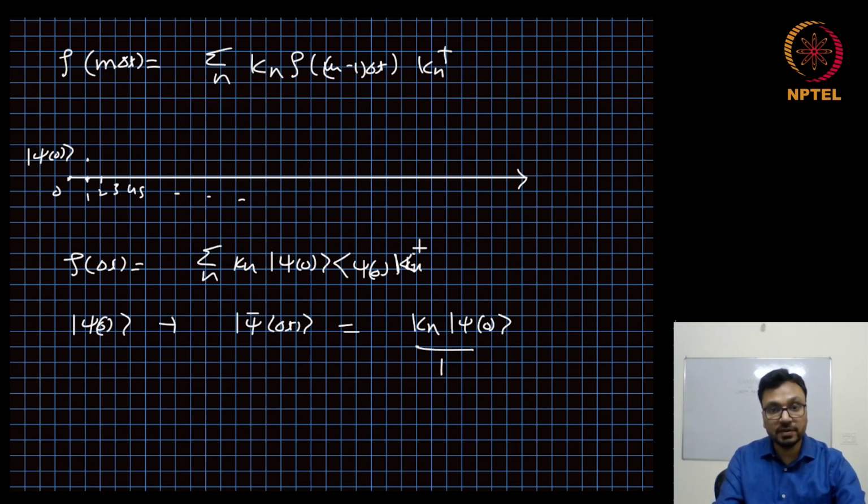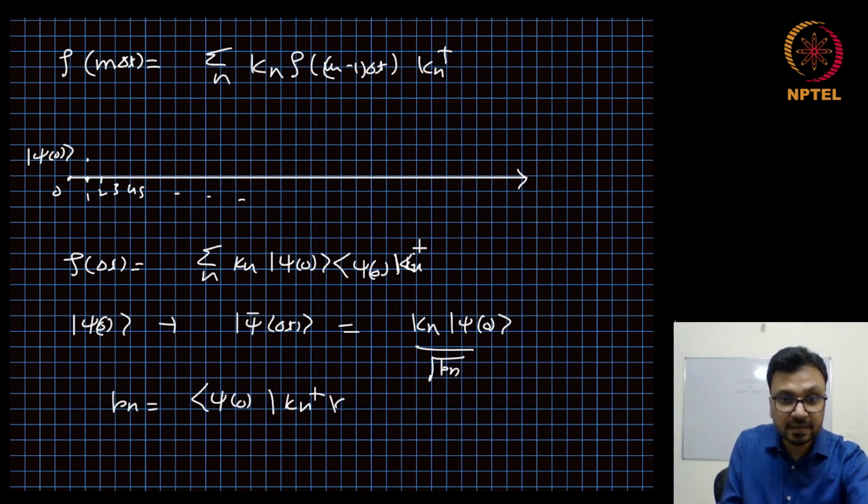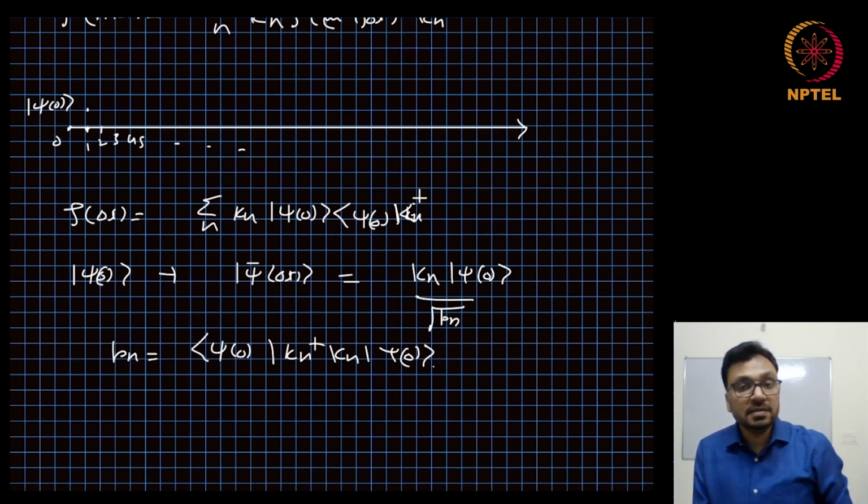And the probability of this. This is not a normalized state, so the probability of this, and the probability Pn, is given by psi of 0, Kn dagger, Kn, psi of 0. So let me repeat again. Instead of